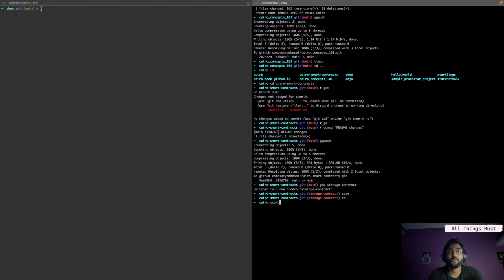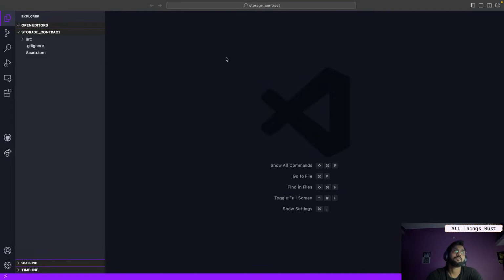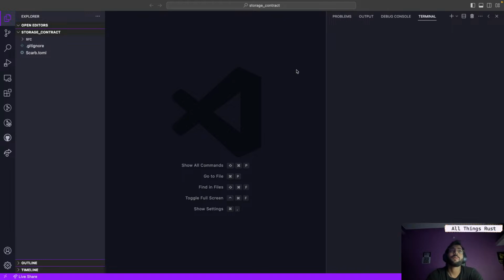So start new, let's say storage contract. cd storage. Let's open this, because we want to do it from very scratch. Let's open the terminal here only. Let's open the Scarb.toml file,